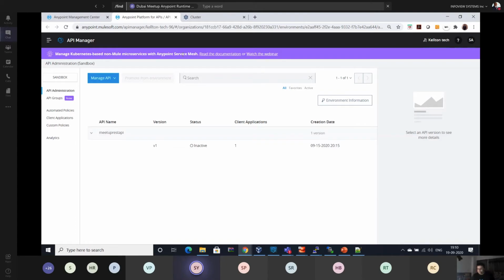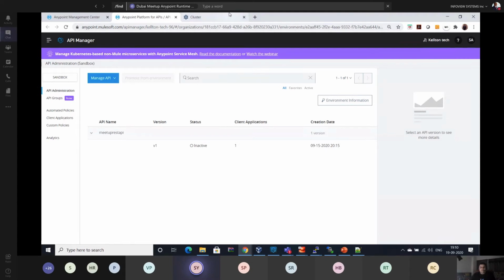So in that case, in order to have the policies applied, do we still need the URL which is publicly available, not the local one? Should we still go through the public URL of that API, or can we just call the local URL of that API and still have the policies? Yeah, you can use the local URL.